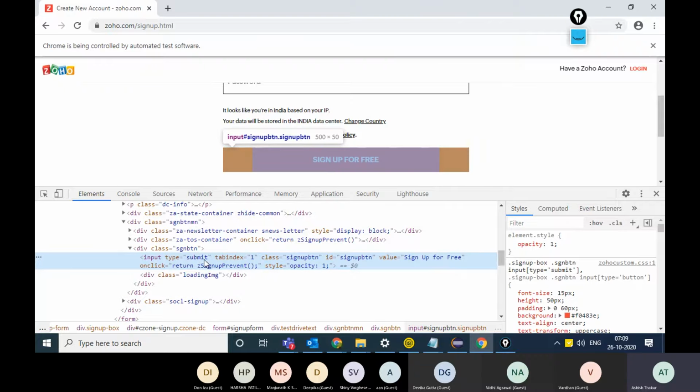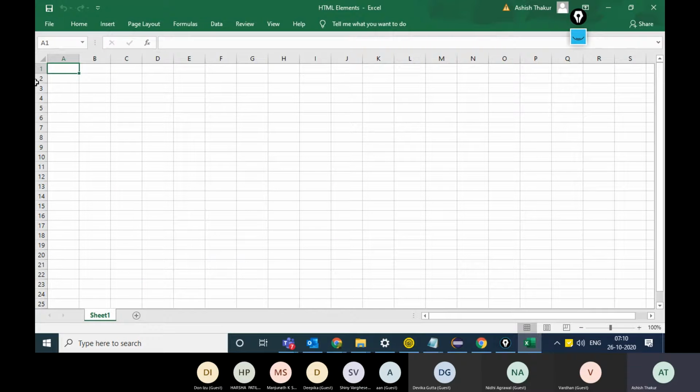Some of the attributes are mandatory, that is they have to be there with that particular element, and some of the attributes are not mandatory. So let us see how it works actually.